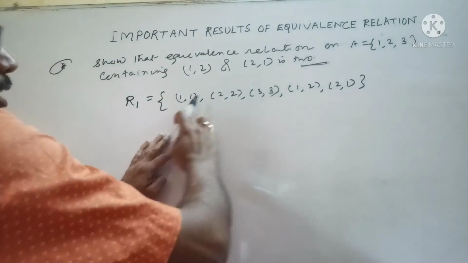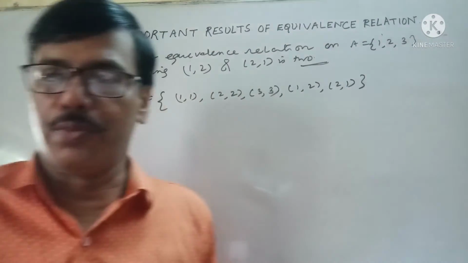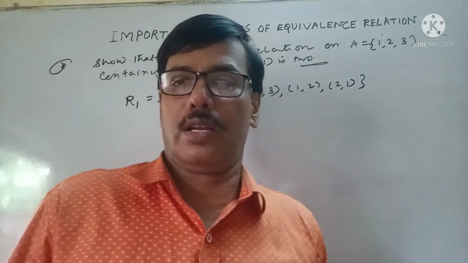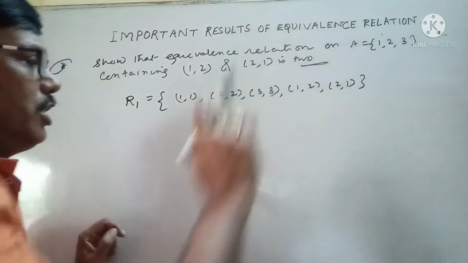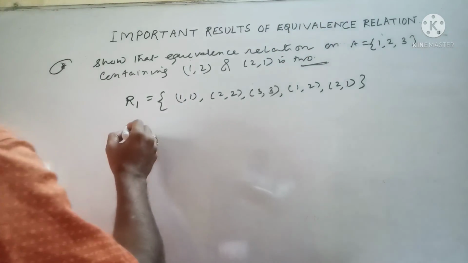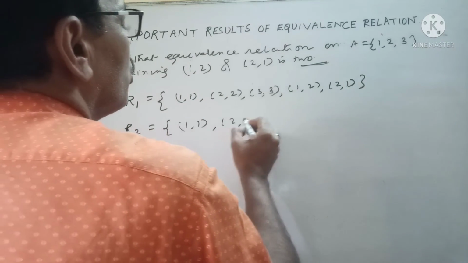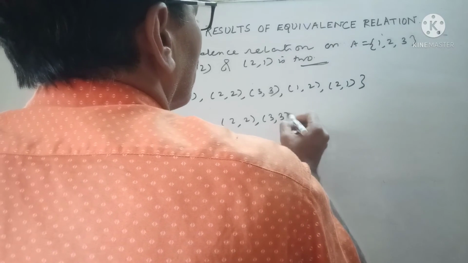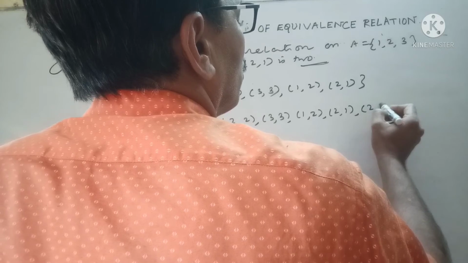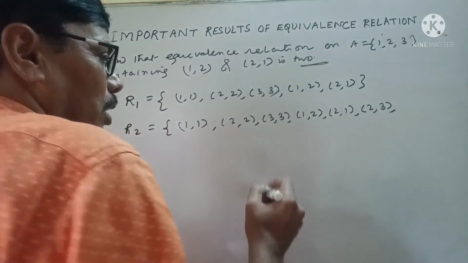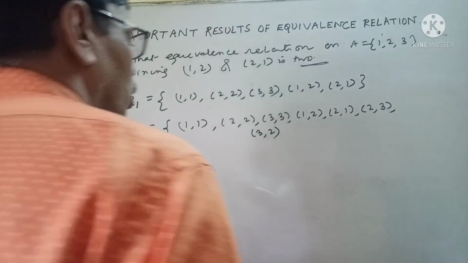We have already proved that R equals {(A,B), (B,C), (C,A), (B,A)} closed this way is an equivalence relation. Now R2 is (1,1), (2,2), (3,3), (1,2), (2,1). Now if we take one more, (2,3) and (3,2), then look,